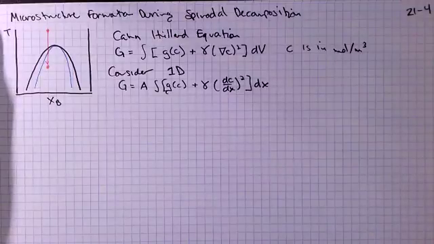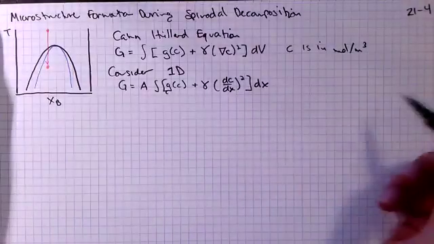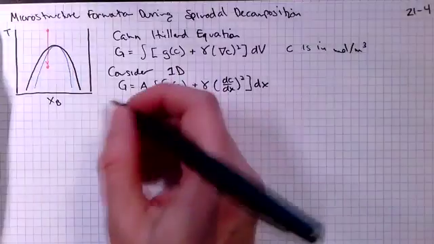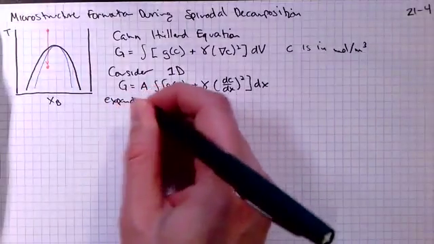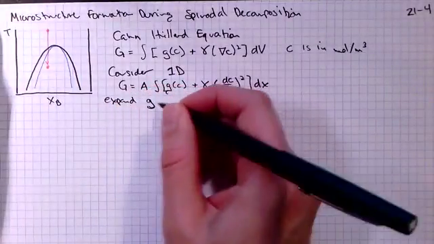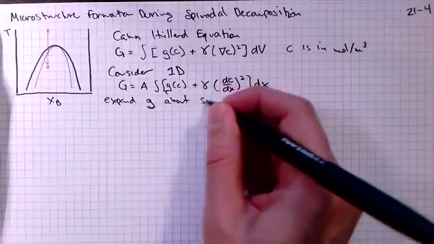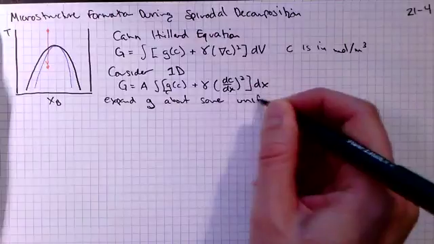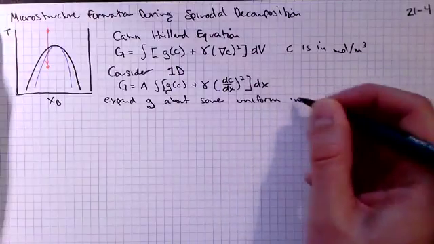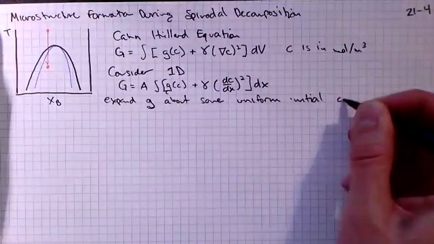And if we think about some fluctuation, so let's expand G about some uniform initial composition,